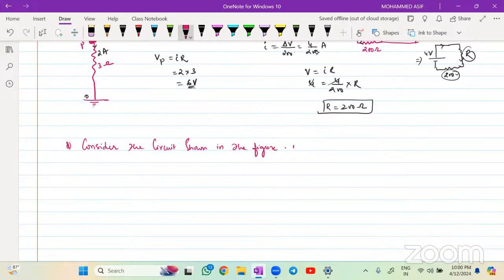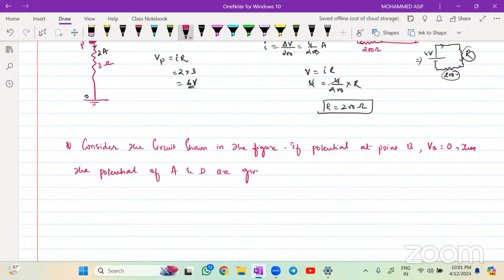If the potential at point B is equal to 0, then the potential of A and D are given as,